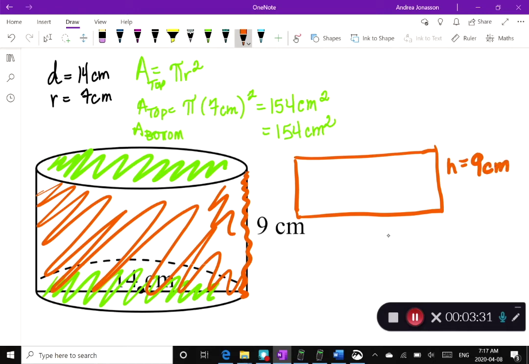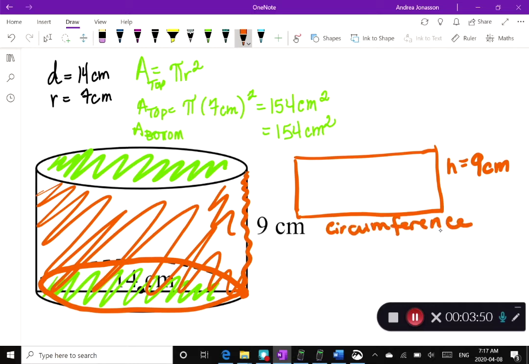And then this would be the width, but the width goes all the way around the circle, which means the width is going to be the circumference